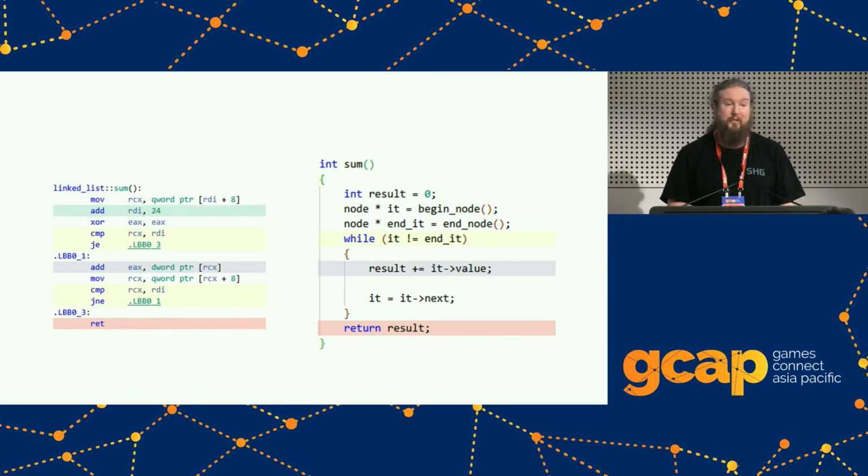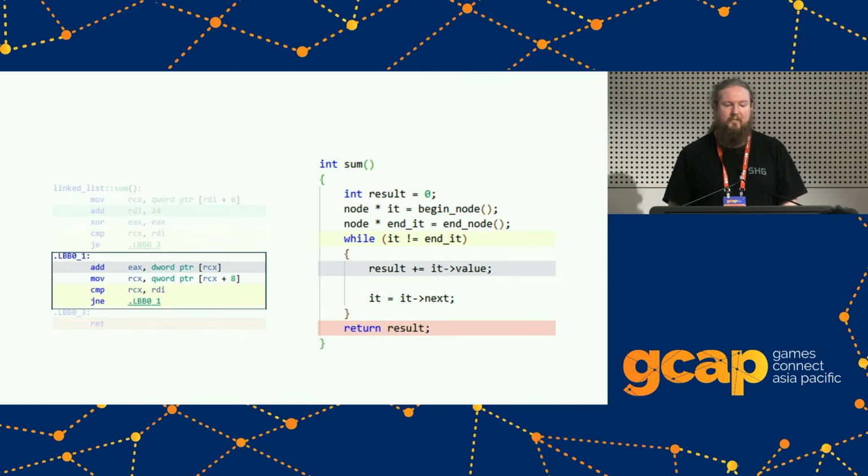So again, just to get people a little bit more comfortable with looking at assembly. The main thing that we're after here, everything's going to be mainly in that loop. The rest of the code we don't need to worry too much about. So let's just focus on that. And we can see that this is nearly a one-to-one mapping. There's 4 instructions there for what is essentially 3 different lines of code. So we've got one bit here that's just doing that check if we're at the end of the loop. There's a little bit of a check before, but this is the main part that exists inside the loop, so it's doing it at the end for the next iteration.